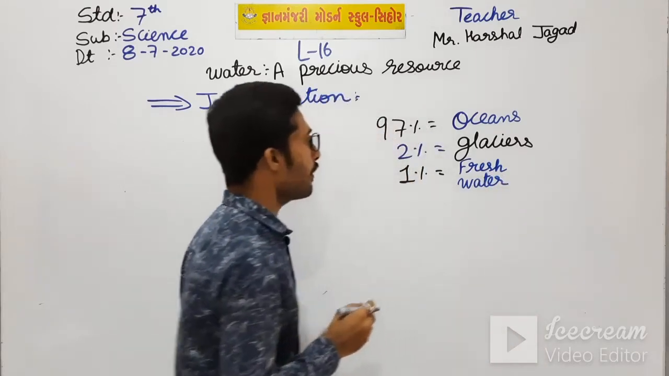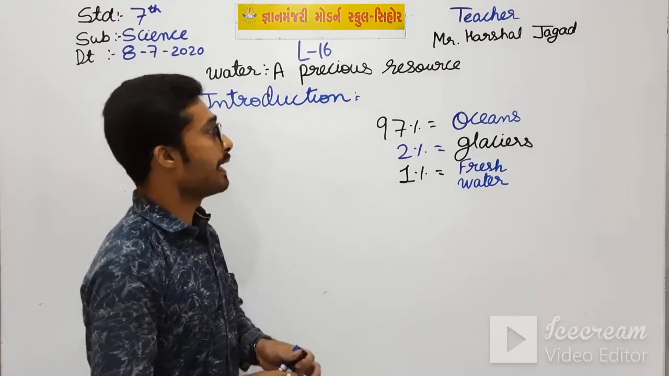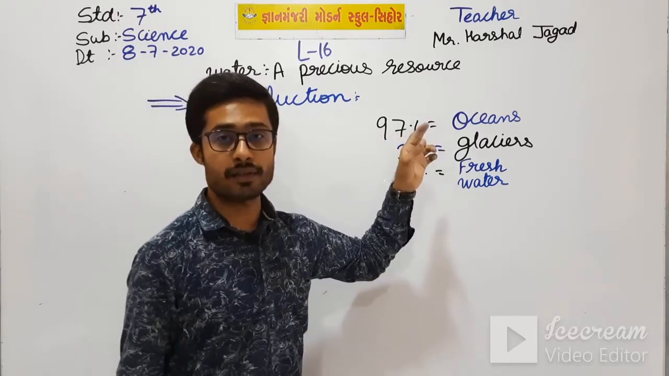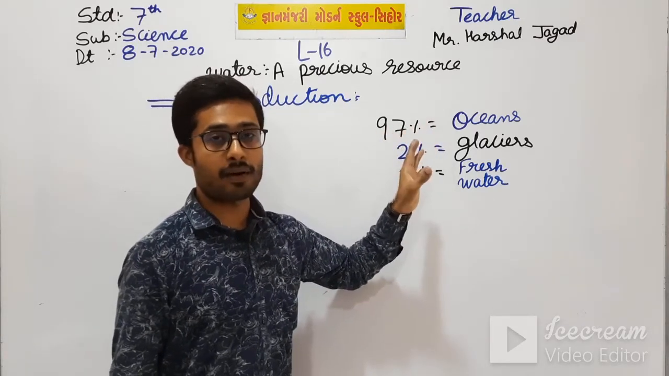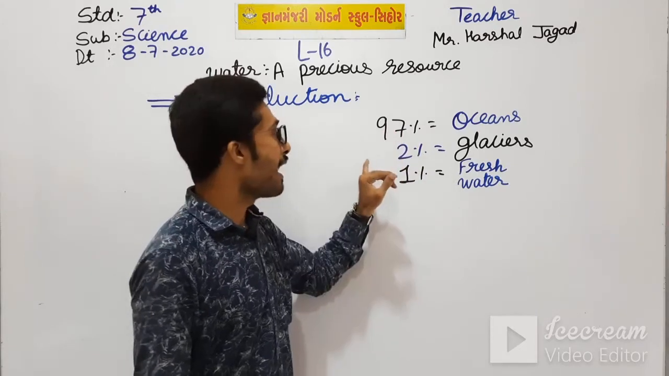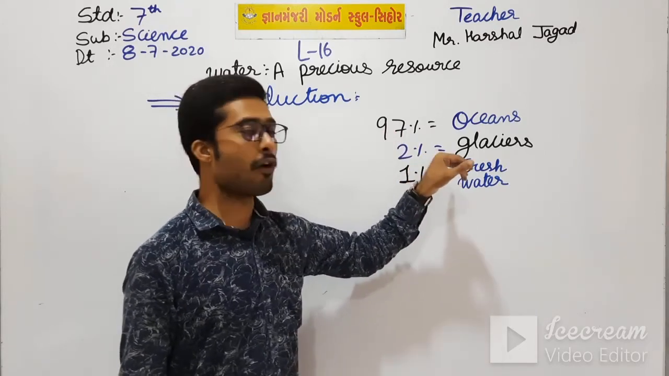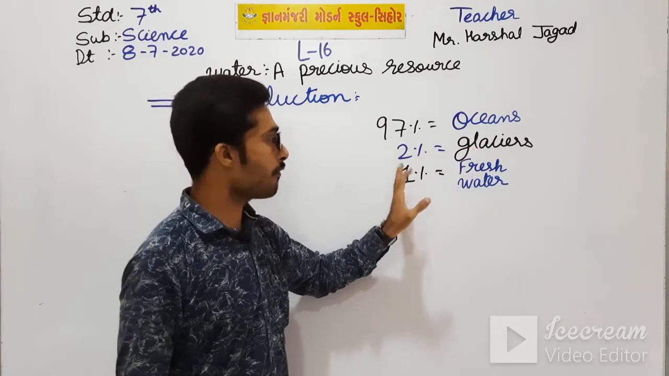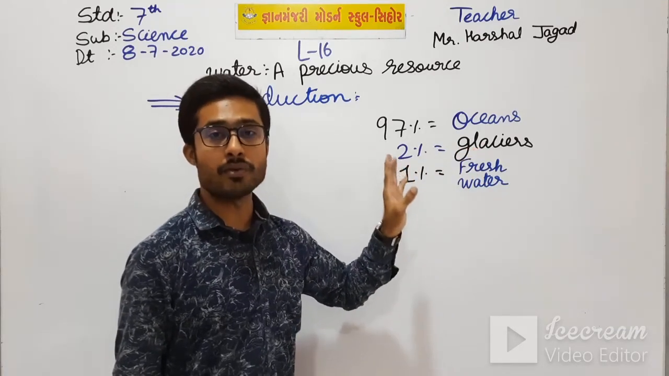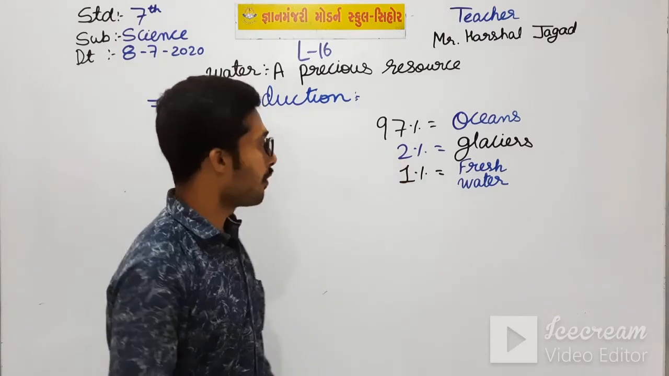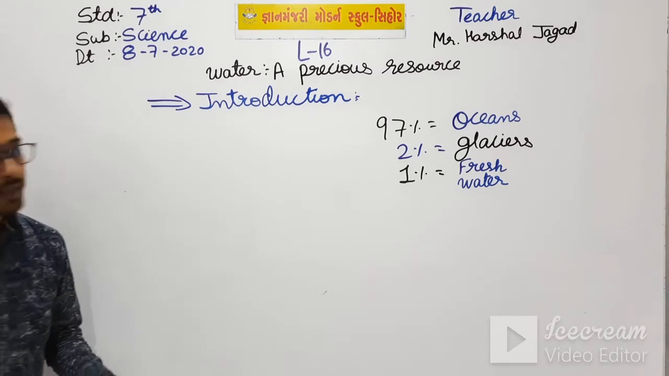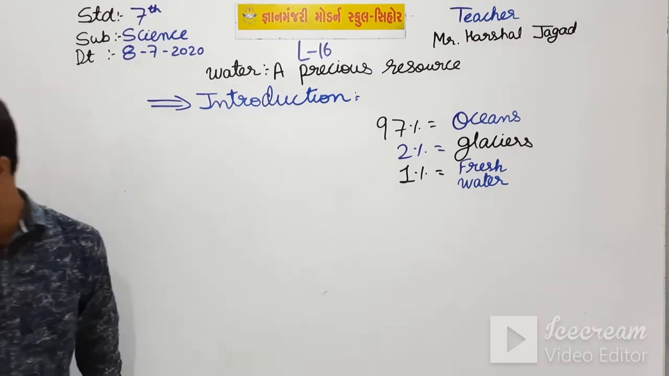So, in the introduction, we have seen that 97% of water on the earth is in the oceans, and it is salty water, so we can't use it, and 2% of water is in the form of ice in the glaciers, and 1% of fresh water is there that we used in our daily life. Okay, students, so this we have seen in introduction. Then after, the second point was